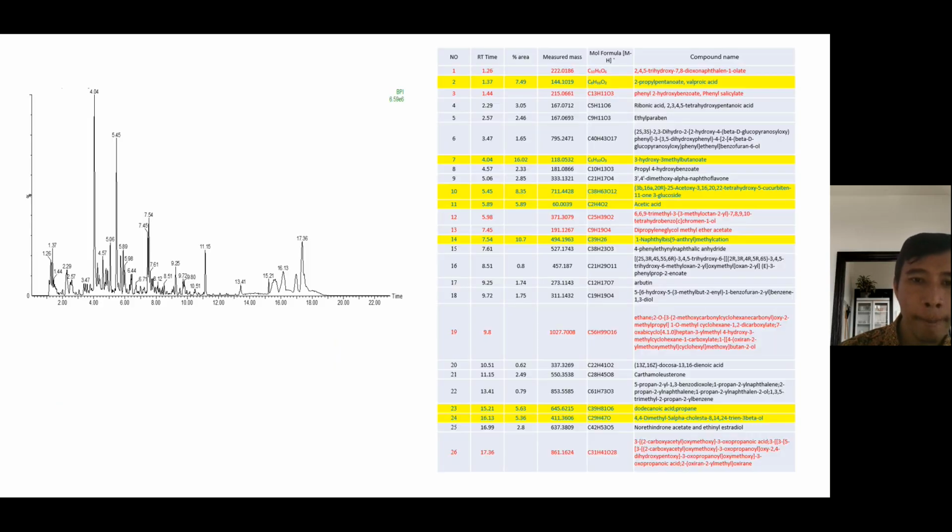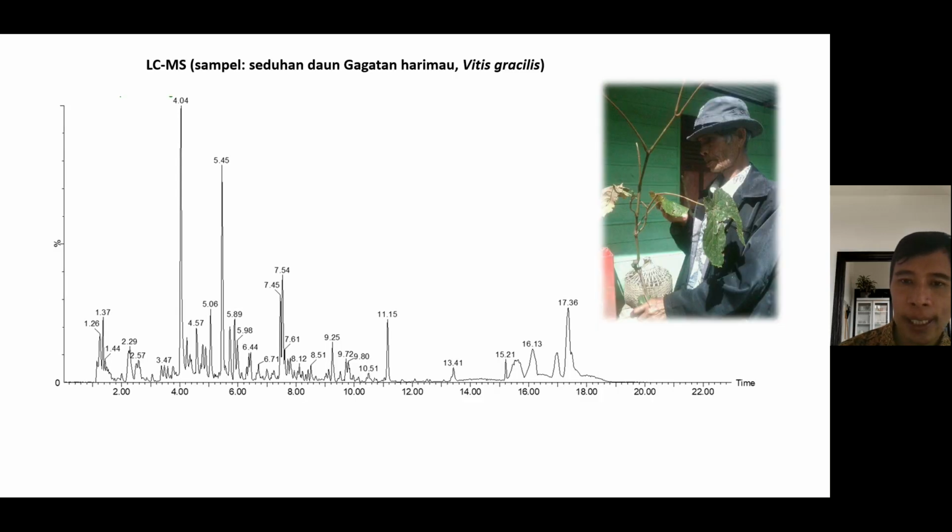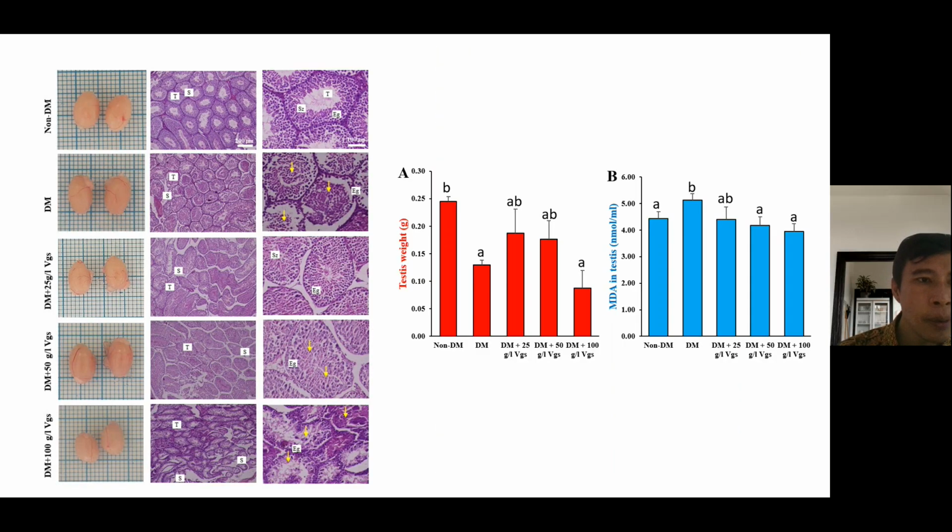So I then investigated the protective effect of these leaves against diabetes. Here it is, the diabetes mouse model, so animal models. We inject alloxan in order to make them suffer from diabetes. And as you can see here, histological alterations